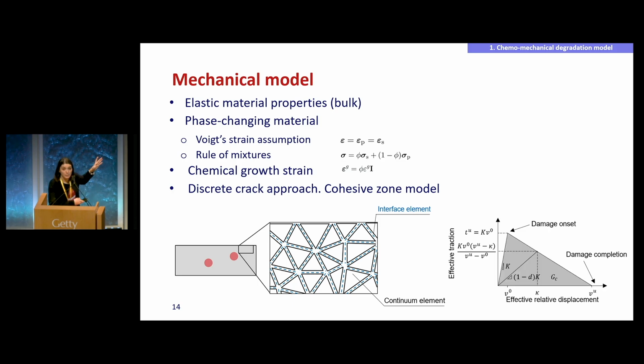So we have talked about finite elements. You know that finite elements mean that we discretize the domain with smaller subsets. Here in the discrete crack approach with cohesive elements, you see that at the interface between all the continuous elements, we place these interface elements. And these interface elements can open up. What you see here in the right part of the slide is a traction separation law, a relation that tells how the tractions at the faces of these cracks relate to the opening, and this relation is specified as a function of mechanical damage.